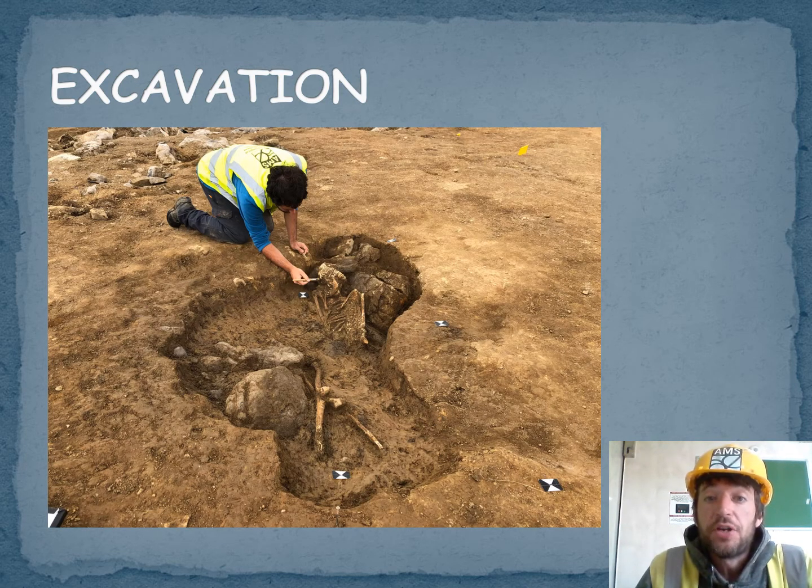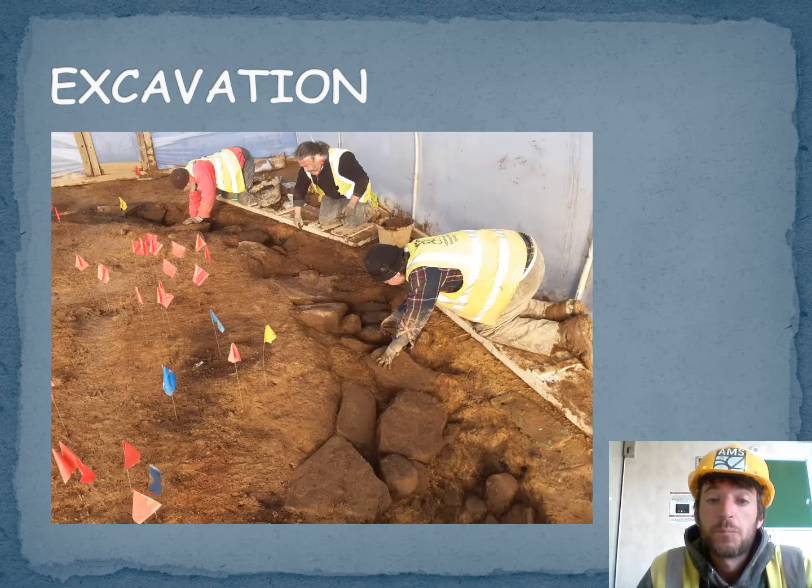Here is a grave with human remains that has been truncated by later activity, leaving the skeleton disturbed and not in its original position. Polytunnels, as you may recognize them from gardens around the country. They're not only used to grow vegetables, sometimes we use them on sensitive archaeology, such as this Bronze Age roundhouse.